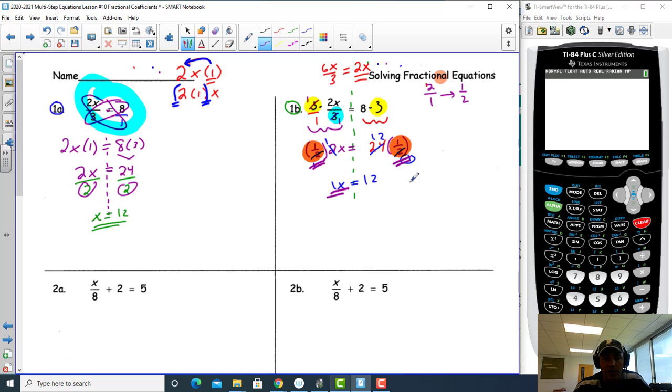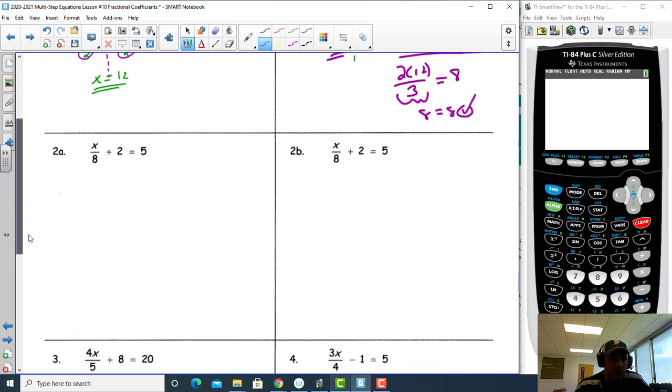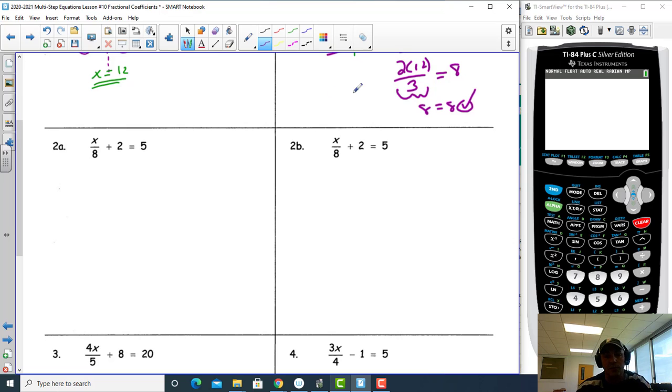You could check your work here, and it would simply require you saying check that x really is in fact 12, and you would substitute twice 12 into the numerator of the expression on the left, and that should equal 8 according to our original relationship. Twice 12 is 24, and 24 divided by 3 is 8, and 8 equals 8, and therefore we did it correctly. In number 2, ladies and gentlemen, 2a, I'm going to show you a way you might have interpreted this,